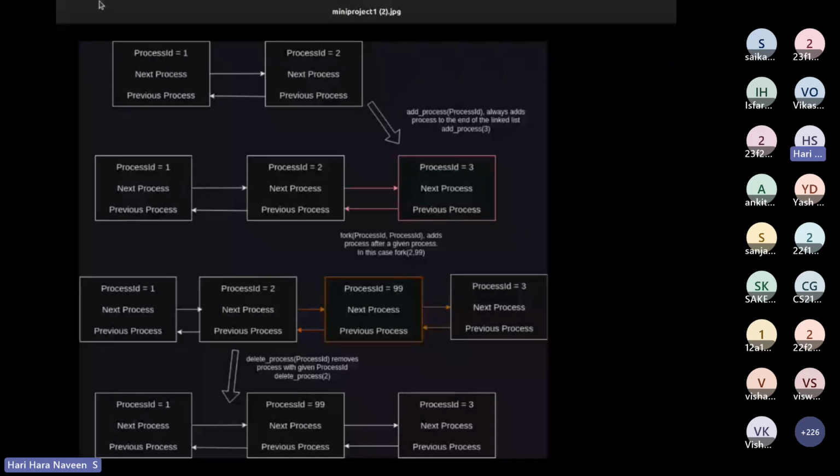Feel free to go through it. I'll just briefly explain what a linked list is over here. A linked list is basically a data structure where each data point also has the reference to its previous and next member,